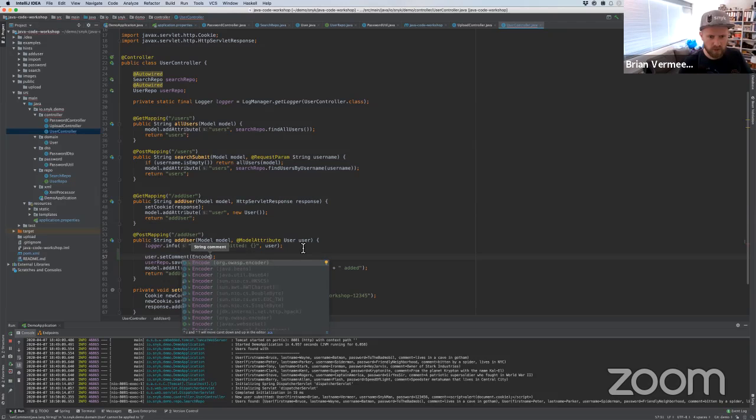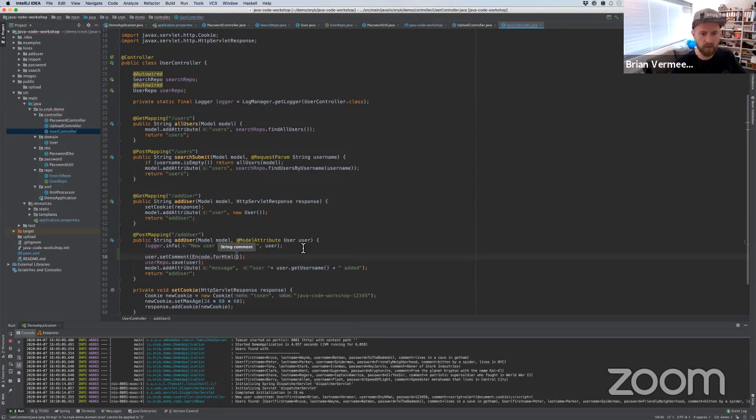Encode, if I'm not mistaken, .forHtml, and I'm using that on user.getComment. Yes, this is ugly, but the point is that I can use this encoding library to make sure that the input string is sanitized in an easy way to HTML code that is non-intrusive and cannot be exploited. So by rerunning this,